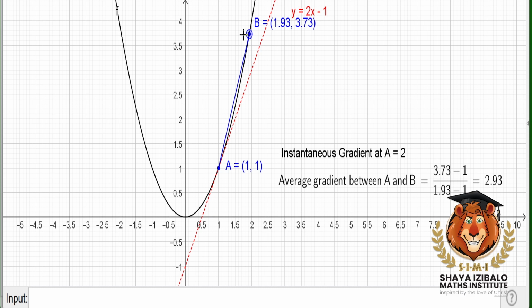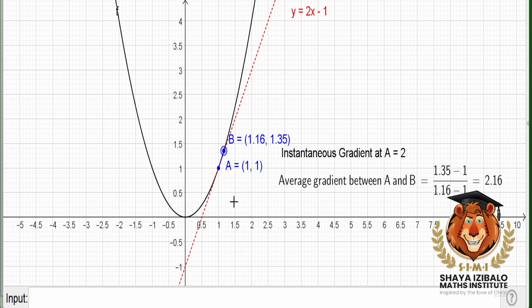The blue line is a line joining point A to point B. And what we calculated over here is the average gradient between A and B. What we can see is that as B gets closer to A, that average gradient becomes more and more like the instantaneous gradient at A. And that's the whole principle of